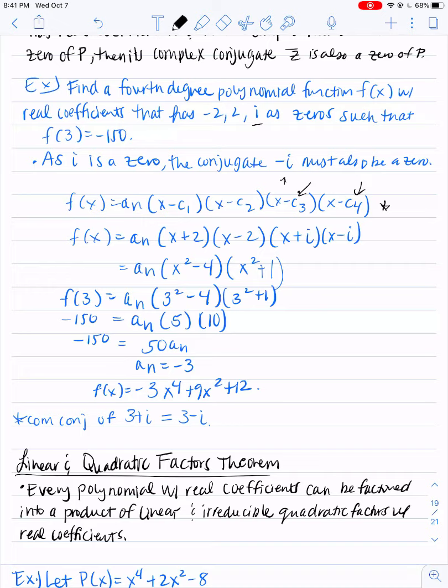So I have x minus negative 2, which is x plus 2, x minus 2, x plus i, and x minus i. I combine those, and this is like our breakdown of a difference of two squares, and that's x squared minus 4. The same thing for this one, so I have x squared plus 1 because